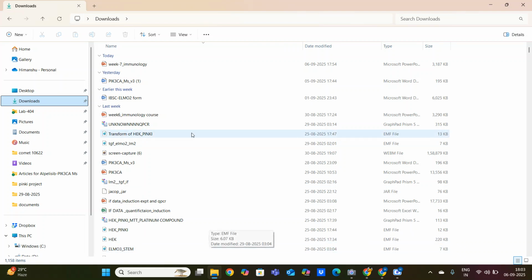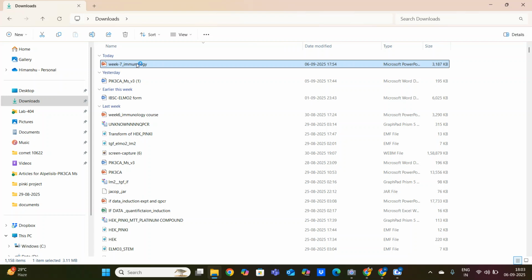Okay, so last time I think Chandrima you asked what is this immuno single and double, what is the difference between single and double immunodiffusion, right? Yes, ma'am. Okay, okay.